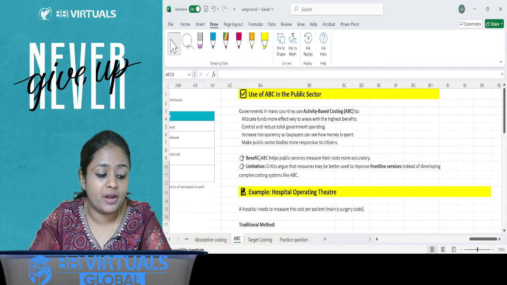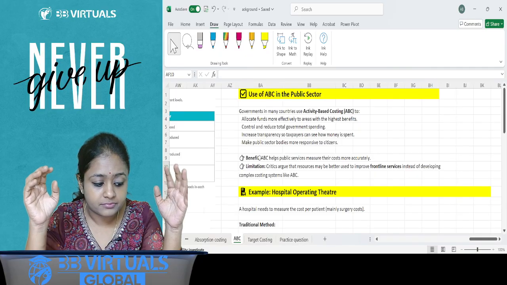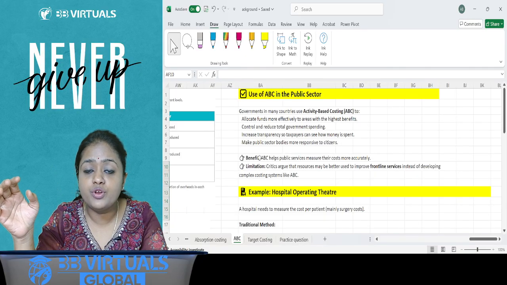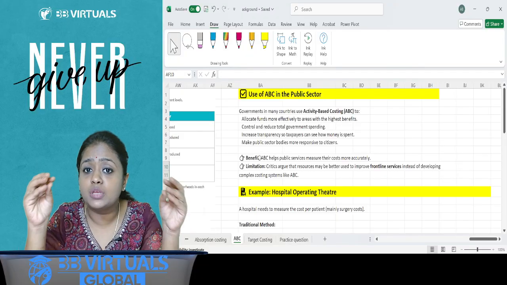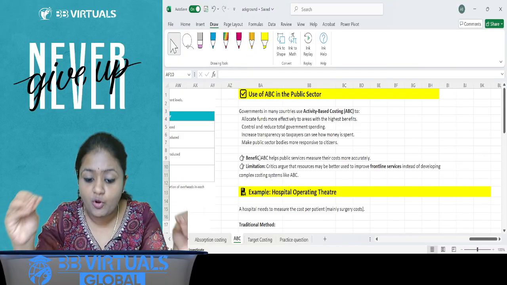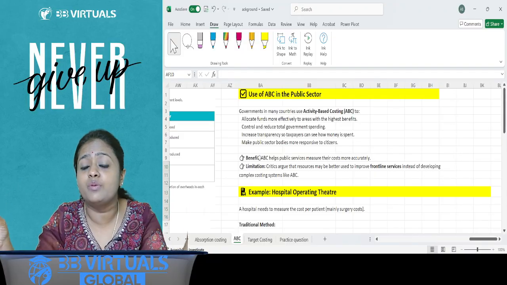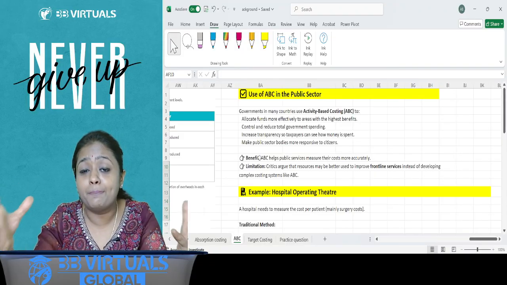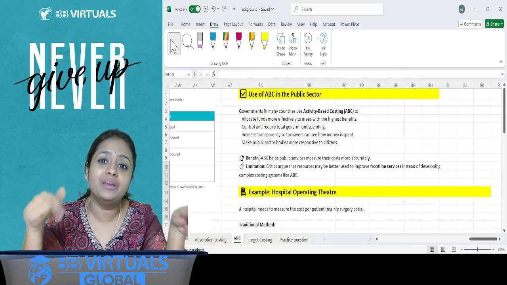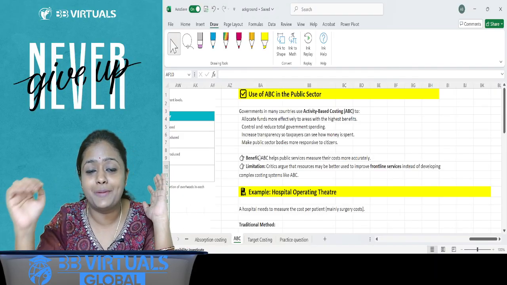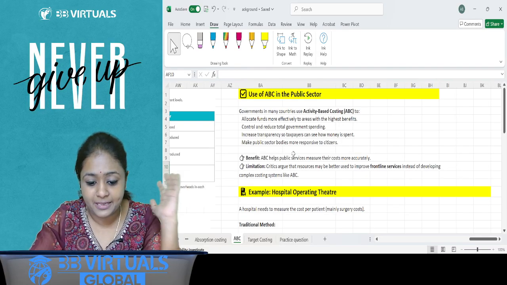So why would you apply ABC? The most important reason is that we want to know the proper allocation of those spendings. We want to know whether the public money is used in the desired way or not. For that we need public accountability of these organizations. With ABC in place, yes, that can be done. But the government needs to be well funded enough that it can spend money on ABC. It can hire experts who can help with the ABC applications.